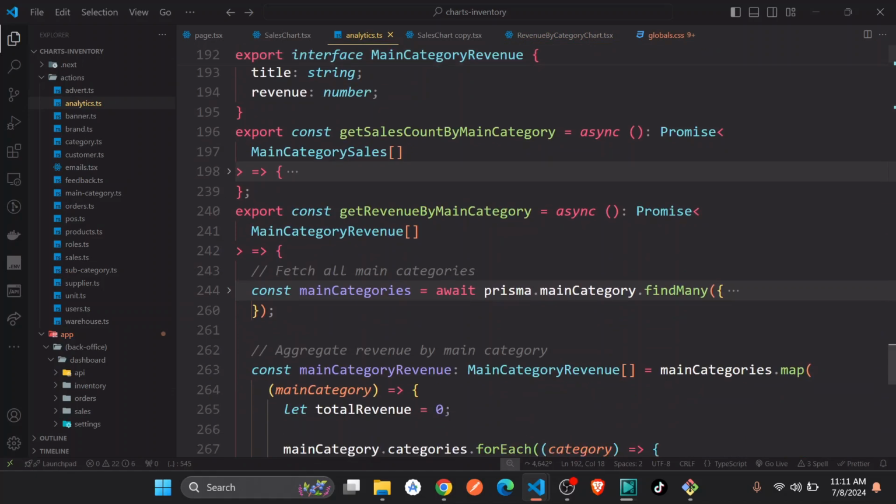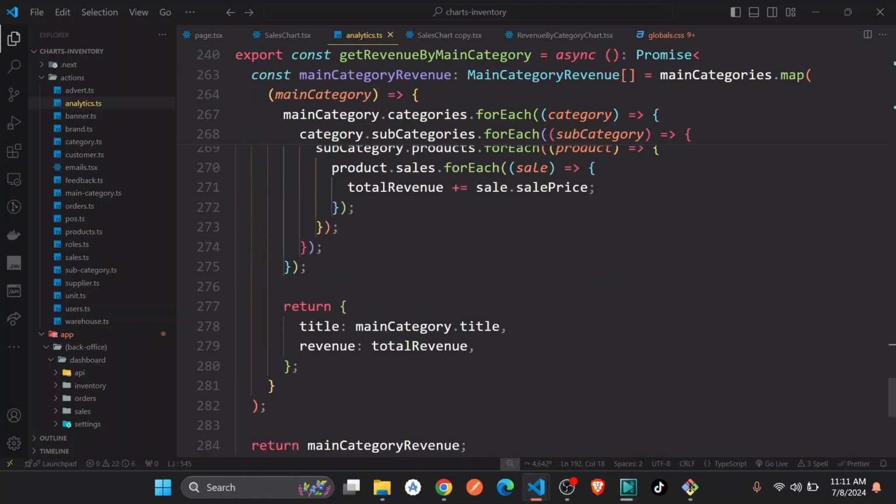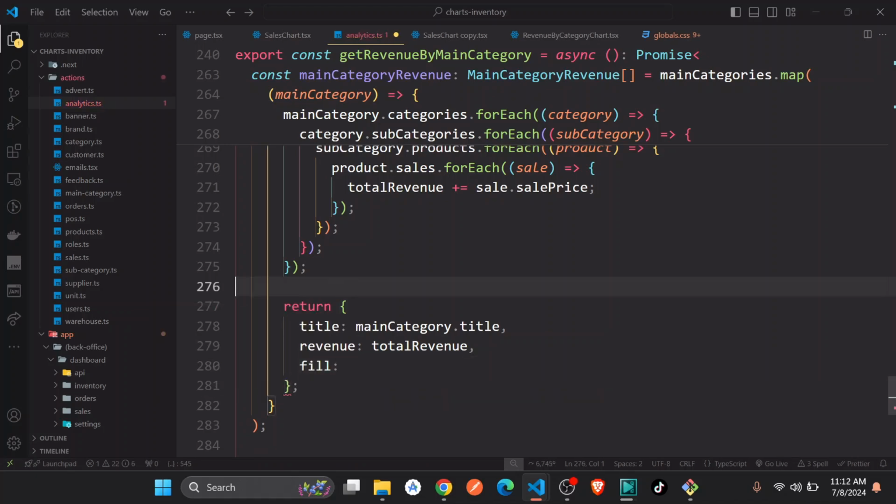If you just look at get revenue by main category, I just need to go down here where I'm generating this. I need to add one more thing. First of all, the revenue has to come first, I guess. Really? No. It has to be the second. Then here we have the field. Okay. Now I need to generate also the field by from getting